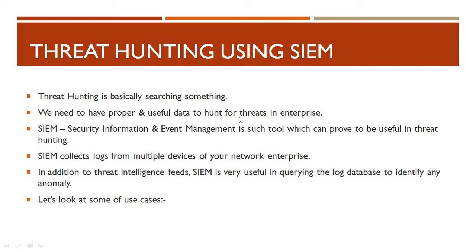So that's what I said. The threat intelligence part is good, but your threat intelligence would be the indicators of compromise. Would it be enough to look out for the threats in the environment? I don't think so, because threat intelligence is intel on a threat which is already there. But what if the intel changes, or what if the behavior of a malware changes? In that scenario, you need to understand the malware, and any zero days which are out there. You need to understand their behavior and look out for similar behaviors in your environment using search queries in your SIEM.